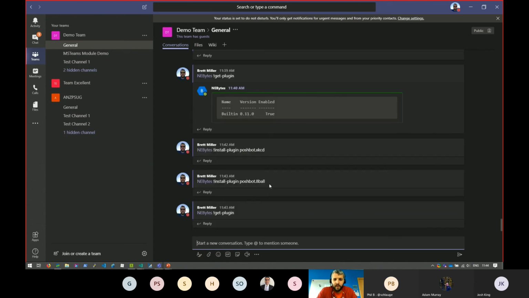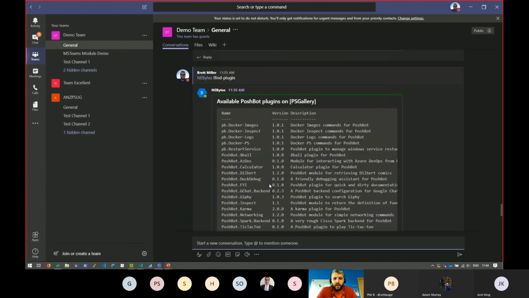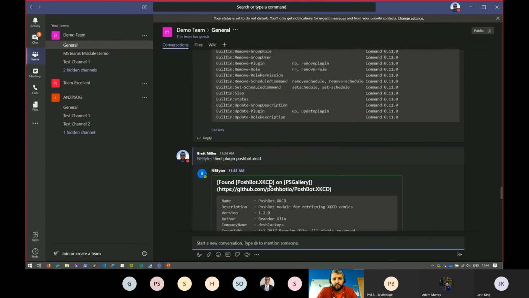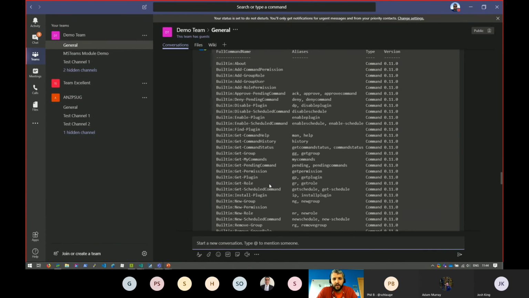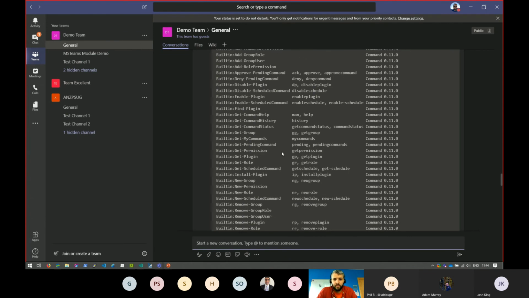So it gives you a really good level of control, a really good level of auditability. And then obviously you've got the built-in RBAC as well. So it's as extensible as you need it to be. You can install your plugins. A lot of people are now running Poshbot within a Docker container because all it literally needs is a minimal Linux image with PowerShell, which is capable of running this.